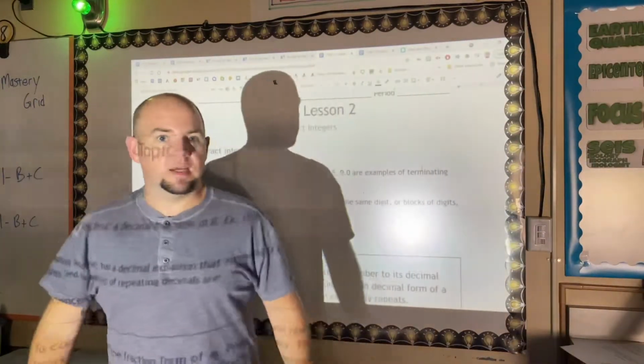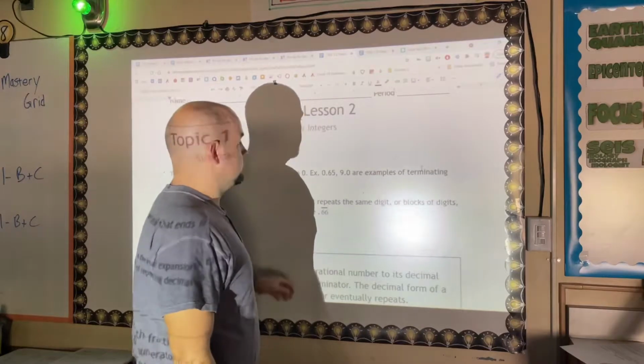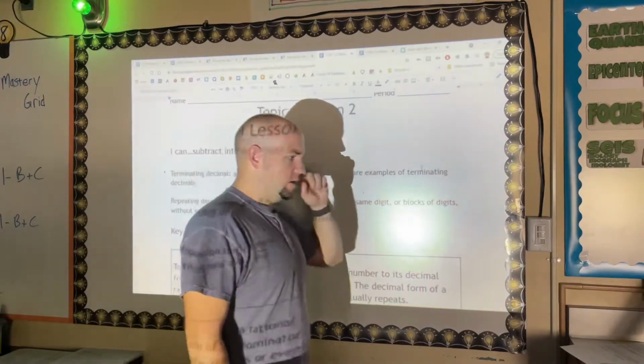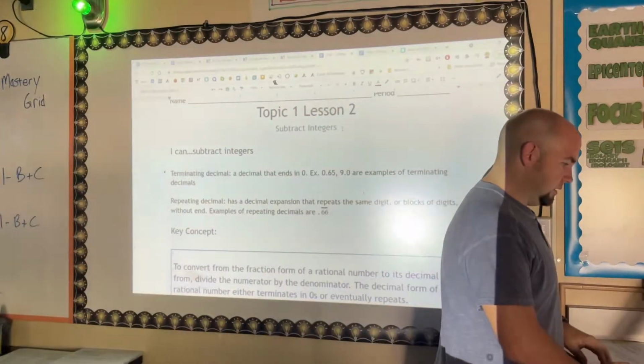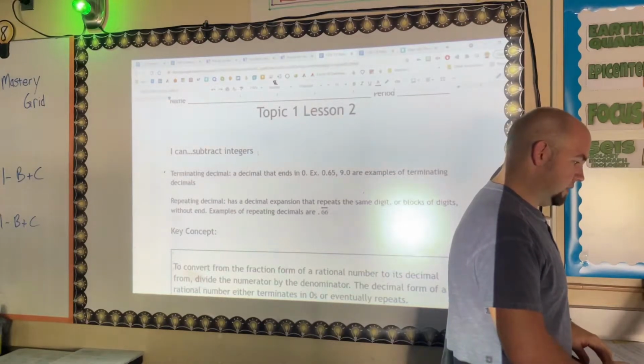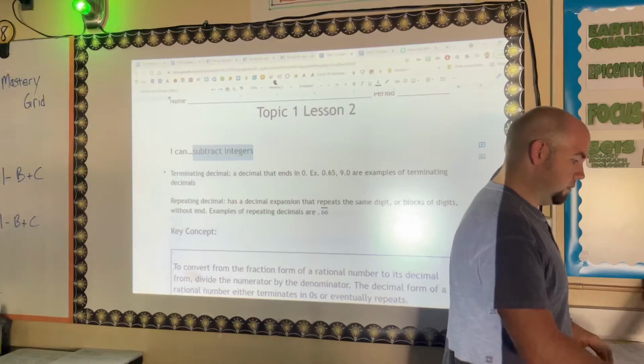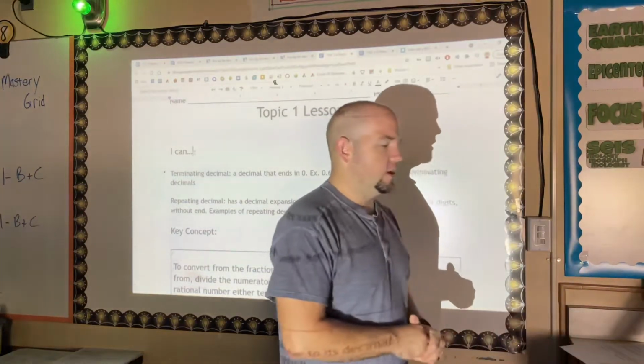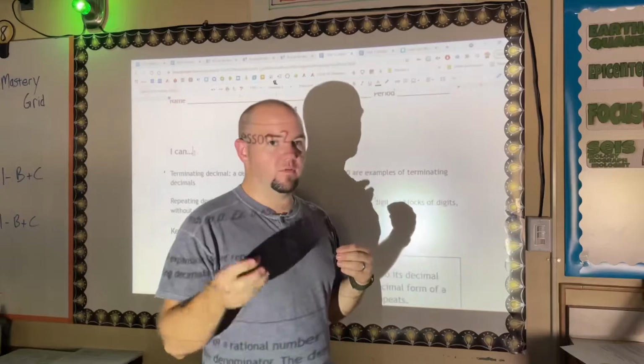All right, we're looking at topic 1, lesson 2 right now. It's not subtract integers though. I'm drawing a blank on what it is, and it's not subtracting integers. Wow, cool, a couple of errors already. We're looking at rational numbers and how we convert from